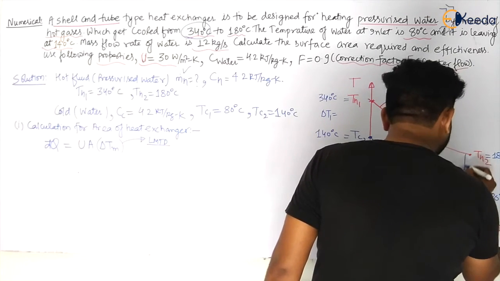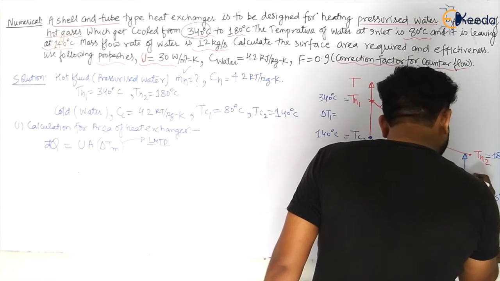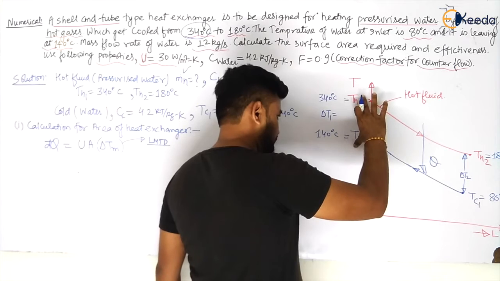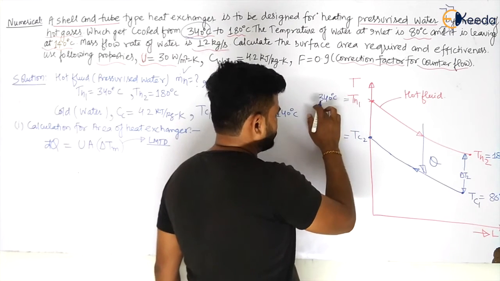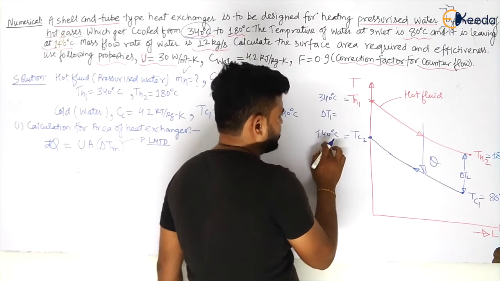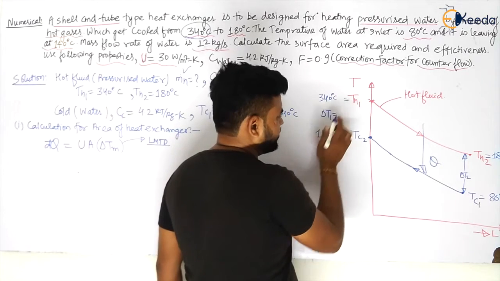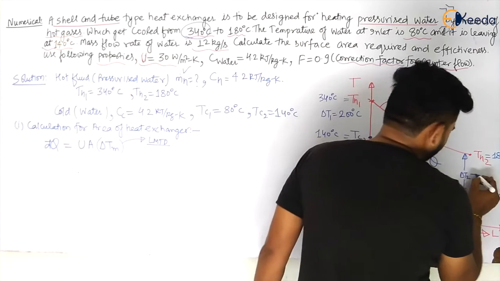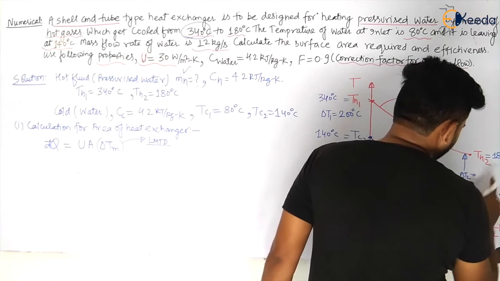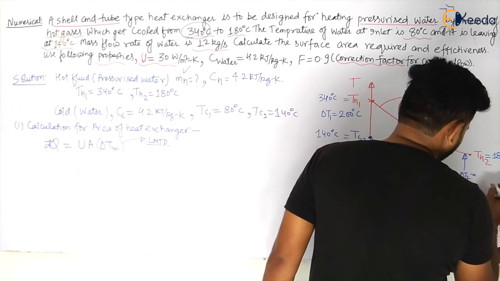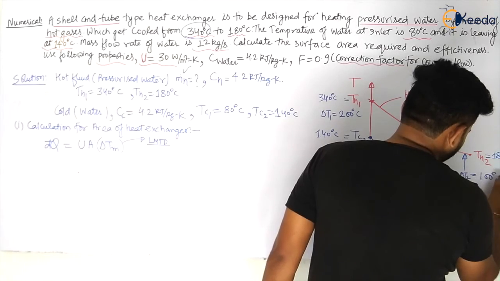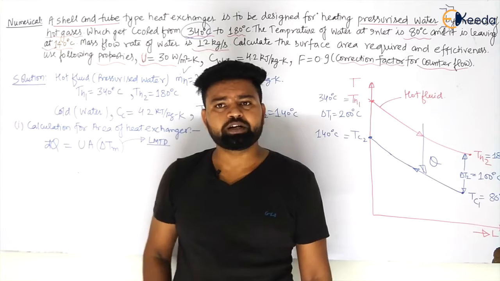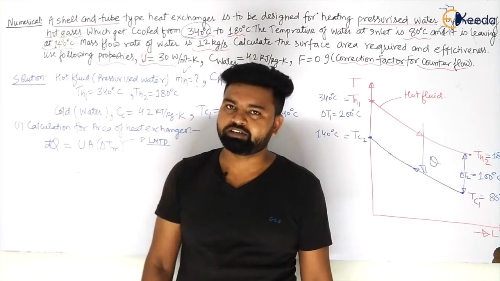So can I calculate delta T2 and delta T1? Yes, sir. We can easily calculate. If we take the difference here, 340 minus 140, that will be 200, my dear students, degrees Celsius. What will be delta T2? Th2 minus Tc1. So this is 180 degrees Celsius minus 80 degrees Celsius. This is coming to be 100 degrees Celsius. So delta T1 is not equal to delta T2 here, and this is the case for a counter flow heat exchanger.